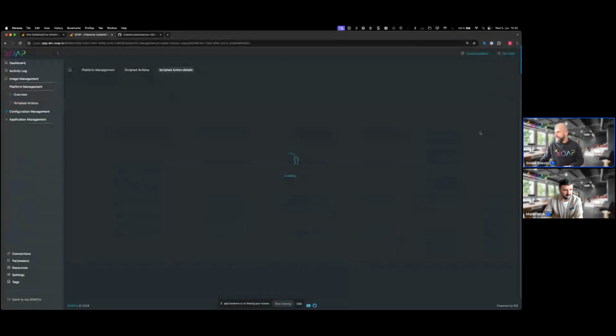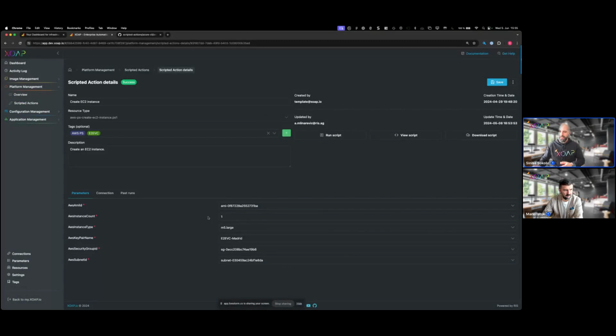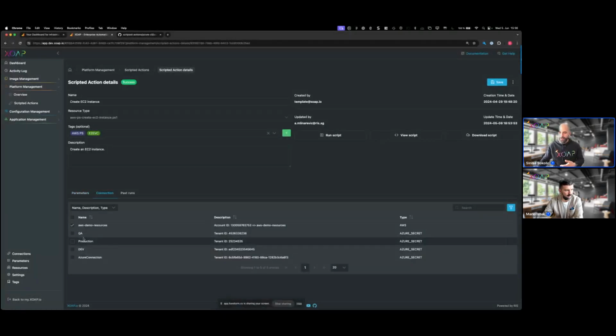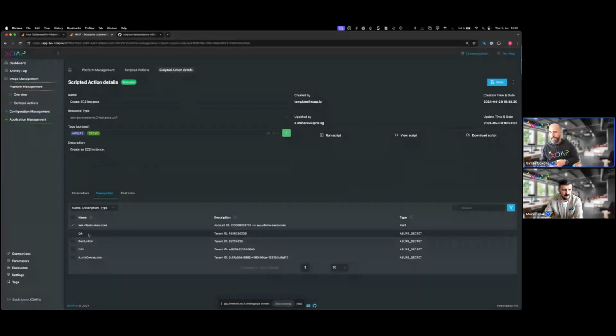You actually just define those things here in the GUI, because we look at the script when you upload it and add it here, and then give you the specific options where you can put in your parameters and variables. You can save this and then run those scripts against one connection or as many subscriptions or tenants, accounts, however you call it, in the end, and can run it in multiple locations at once from